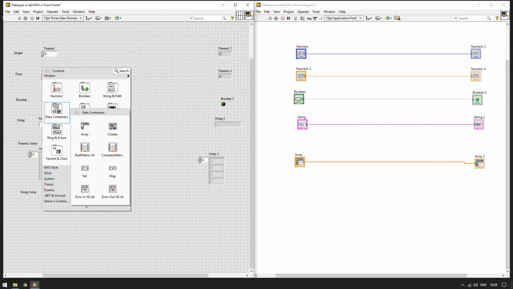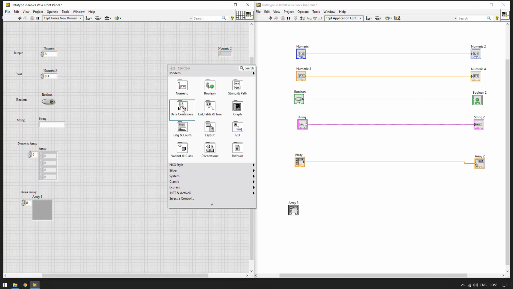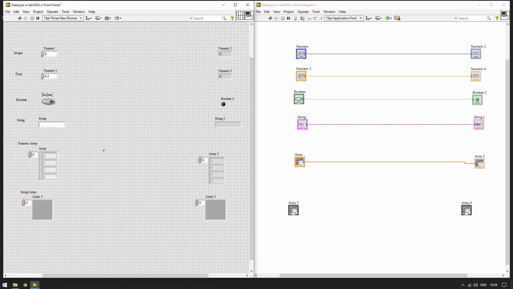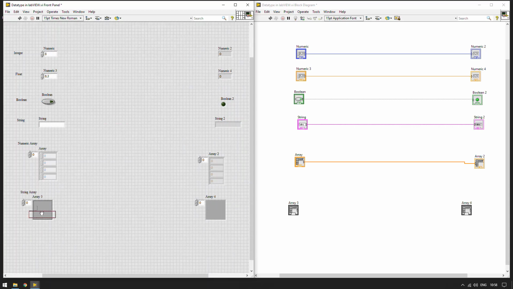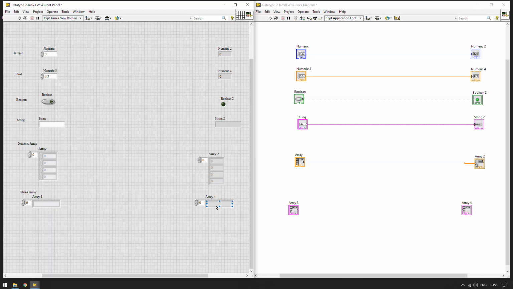Now I need string arrays. For that I need a blank array again, and one more blank array for the output or indicator, a string input, and a string output. Let us make it big.